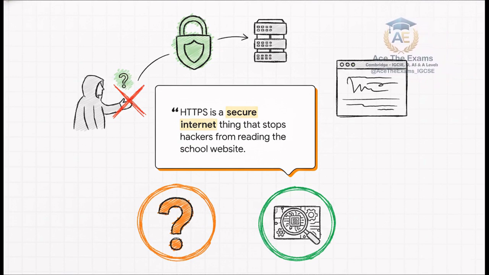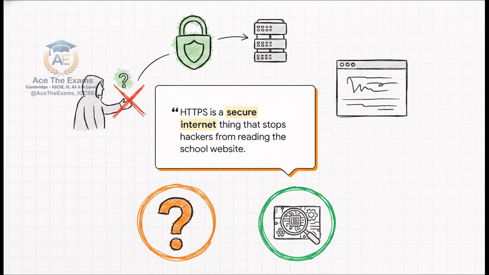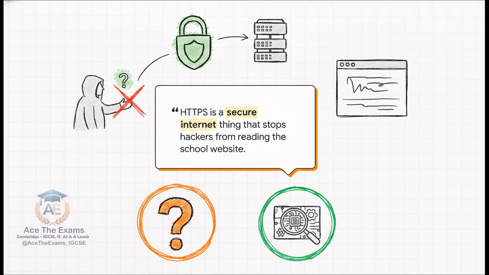Nothing. Nada. Why? Because the examiner isn't checking if you vaguely understand what the internet is, they are stress testing your mastery of precise computer science terminology. They want to see if you can apply a theoretical mechanism to a specific scenario. When you use vague filler like "secure internet thing" or "stops hackers," you're just showing simple recognition. And simple recognition simply does not survive this exam.